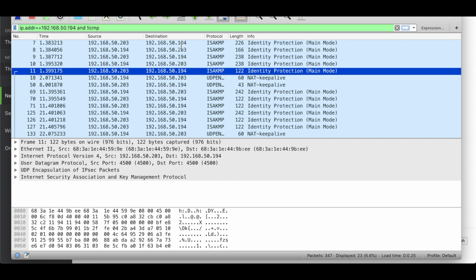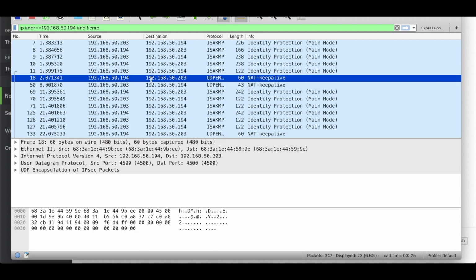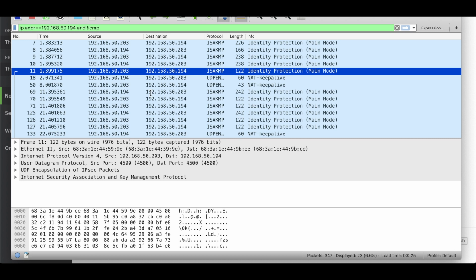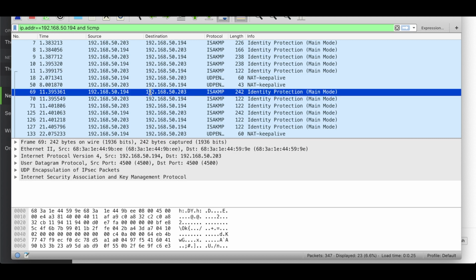And this is the 4500. You can see the 4500 going just from our security appliance to the other side. After that, you can see the NAT keepalive, but the other side is not replying to the 4500. The same thing started here: the 4500 is sent from the device to the other Non-Meraki VPN peer, and